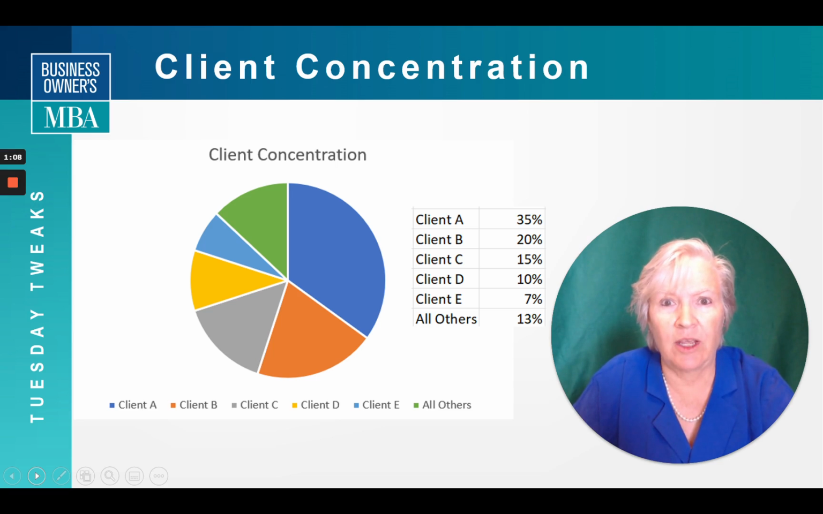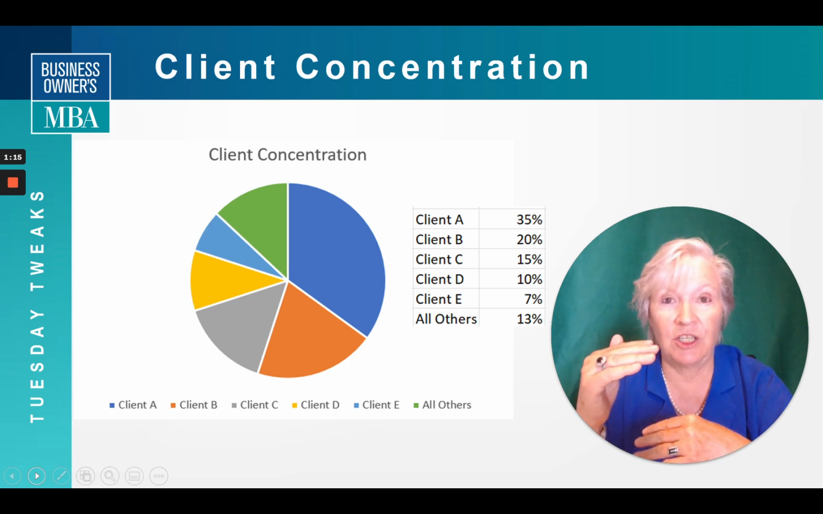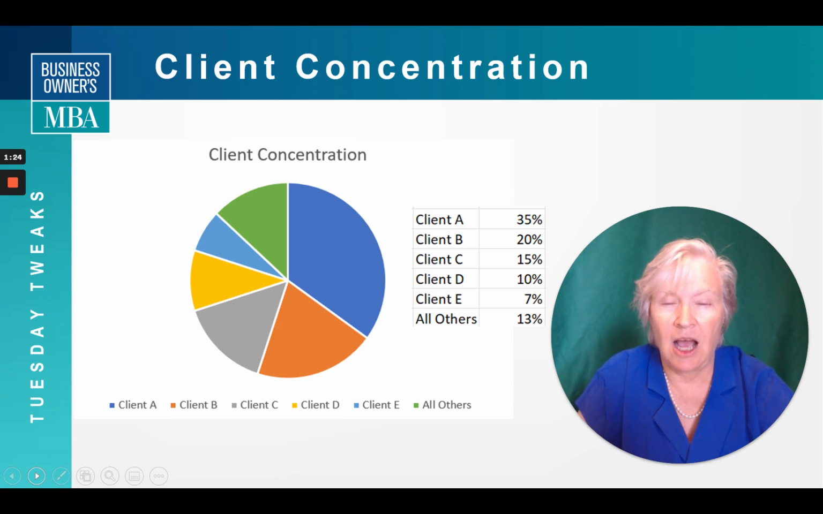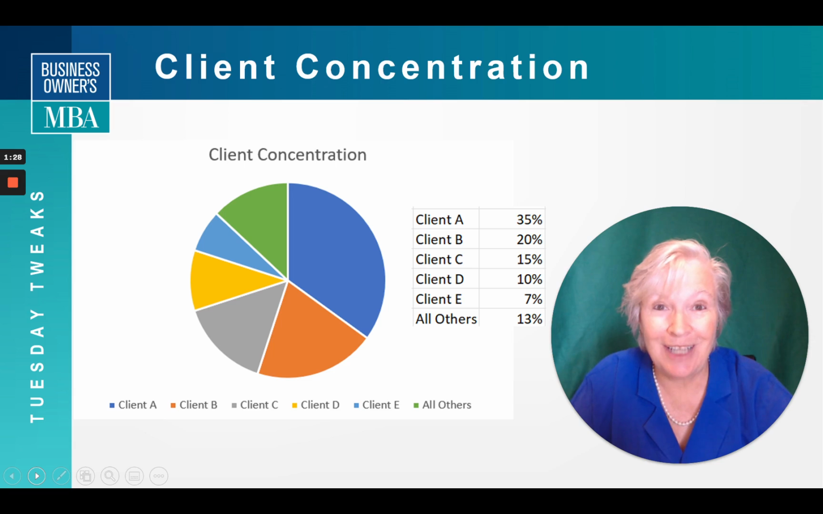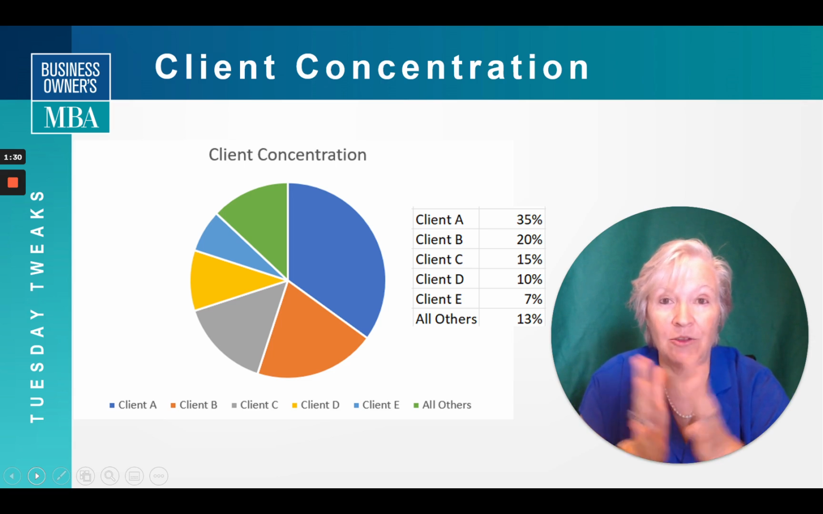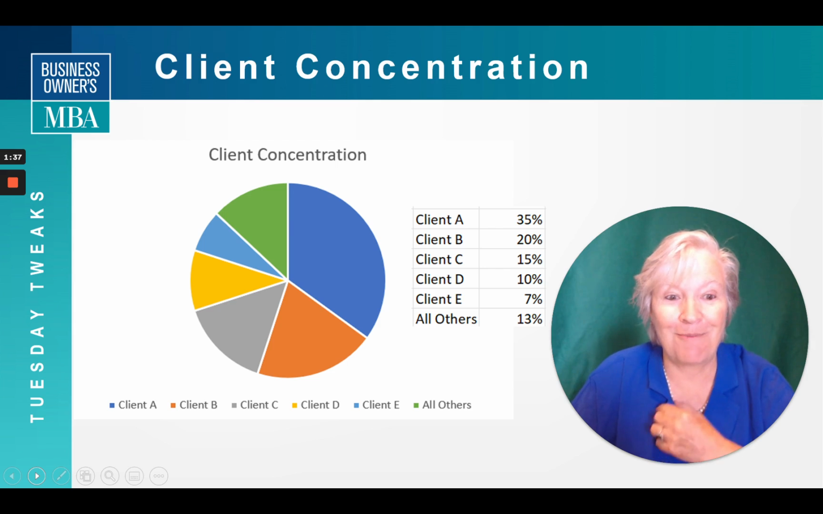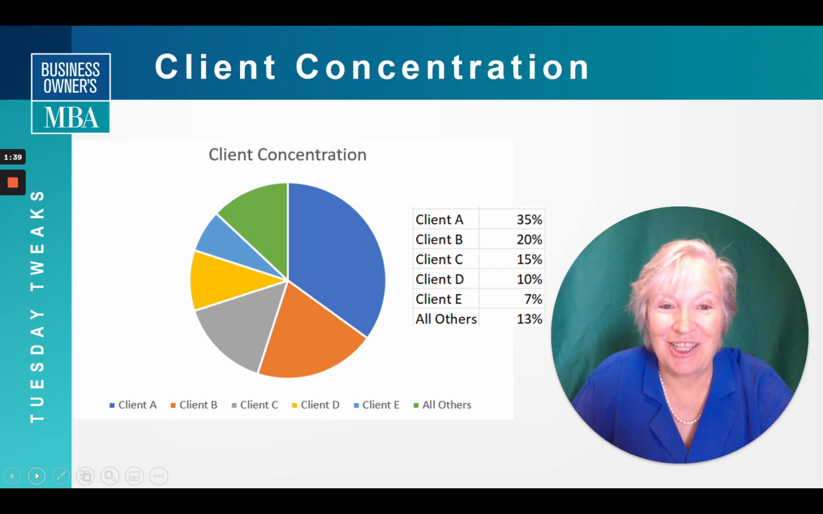So here is a client concentration diagram. What you want to do is put all of your clients at the end of the year, or halfway through the year, onto a chart. Here's the one that's buying the most, the biggest revenue generator, down to the least. I usually do this as the top 5 and then all others, or the top 10, depending on how diversified your client base is. But you can see here that client A, that big blue area that matches my shirt, that's